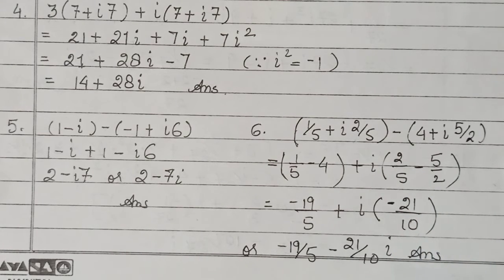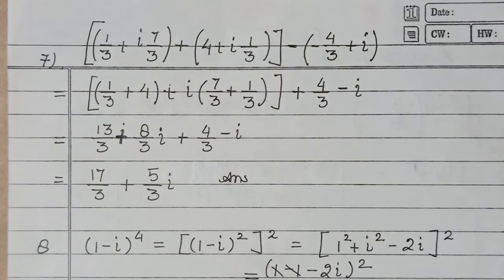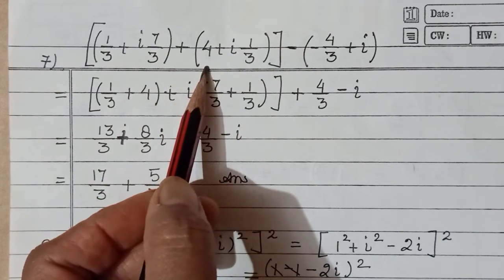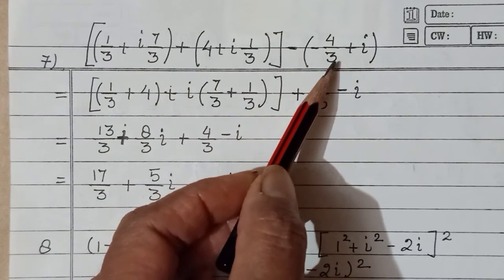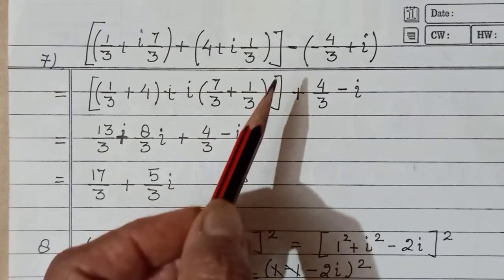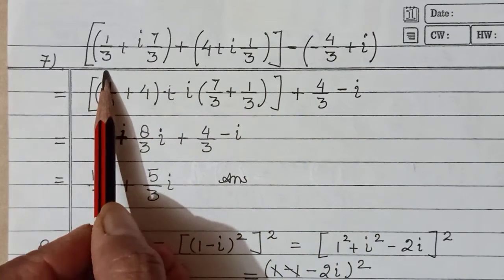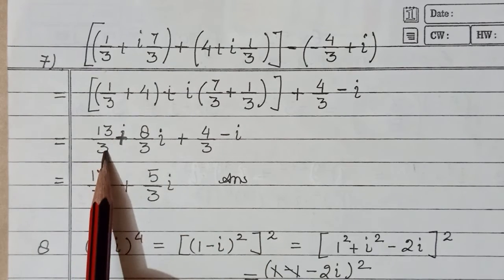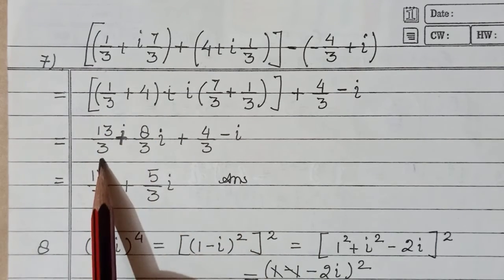Hence your answer. Okay, next, the seventh one, you had two complex numbers to be added and the result to be subtracted from the third. That way you can see it. So simple BODMAS algebra rules. So again you have real part with real, 1 by 3 and plus 4, which gives you 4 3s are 12 plus 1, 13 upon 3.